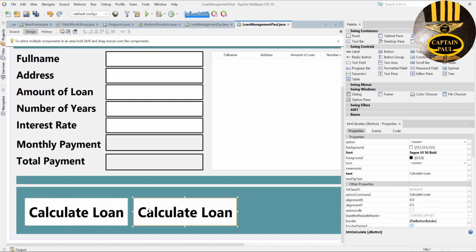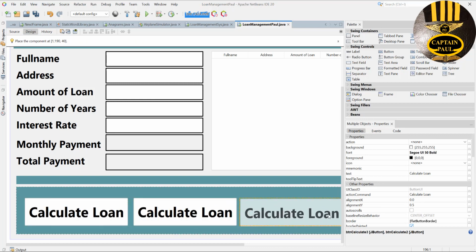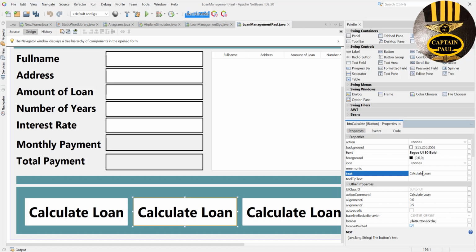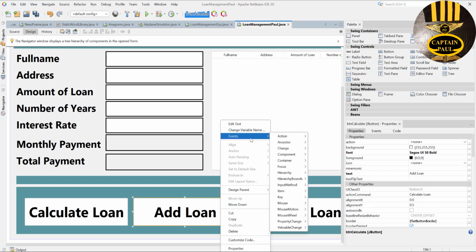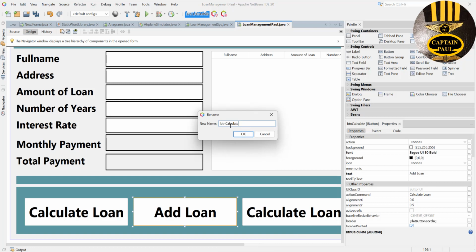I have two, copy, paste, and I have four. And this one is going to be known as add loan. Right click, change the variable name, btn add